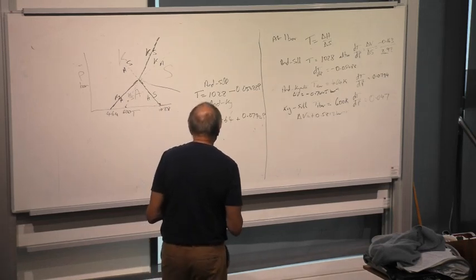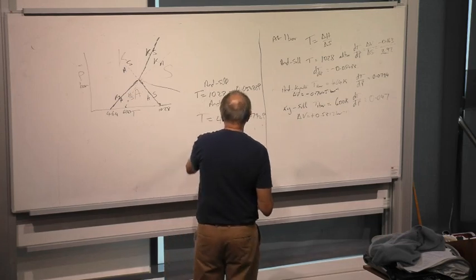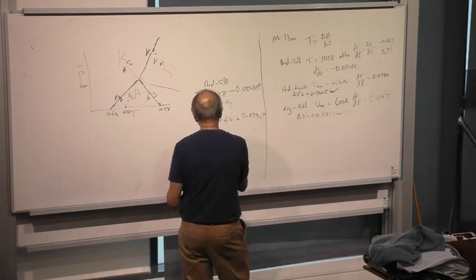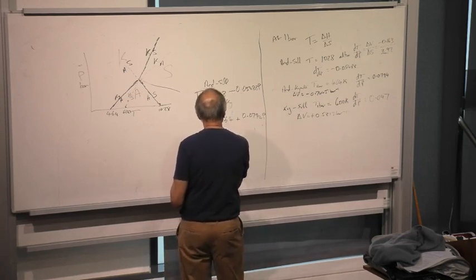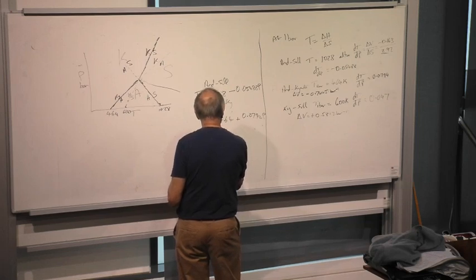If we subtract this one from that one, we'll get 0 equals 564